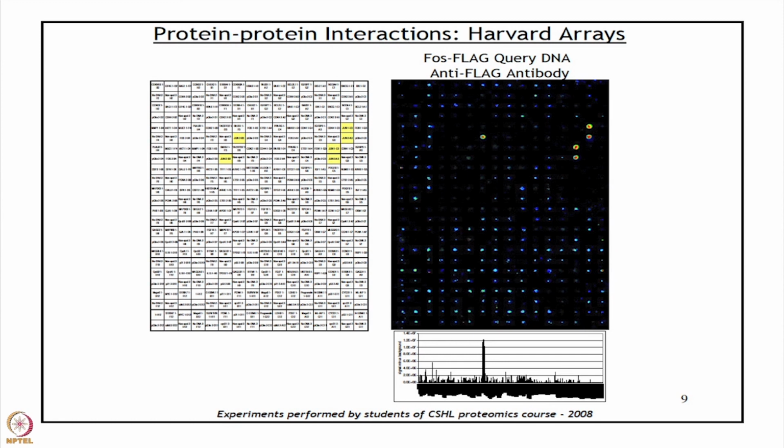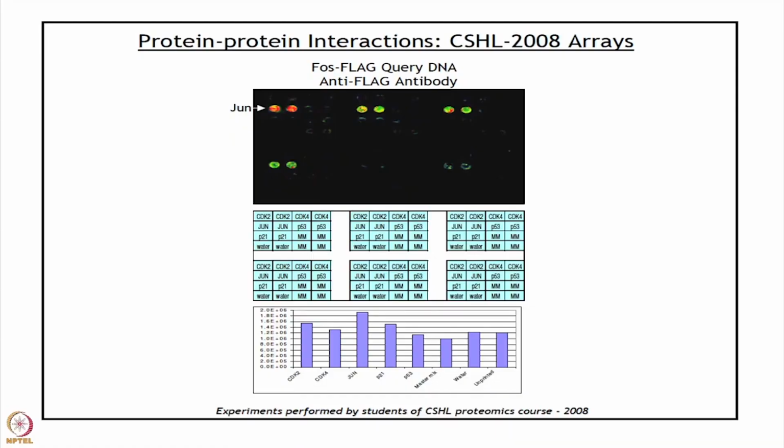We also looked at measurement of anti-FLAG antibody, to measure where the FOS proteins are binding, and based on that we could measure the signal and quantify it. So, this shows another small array, where the idea is to show you the crude, raw data, which can be obtained even in a small workshop setting,